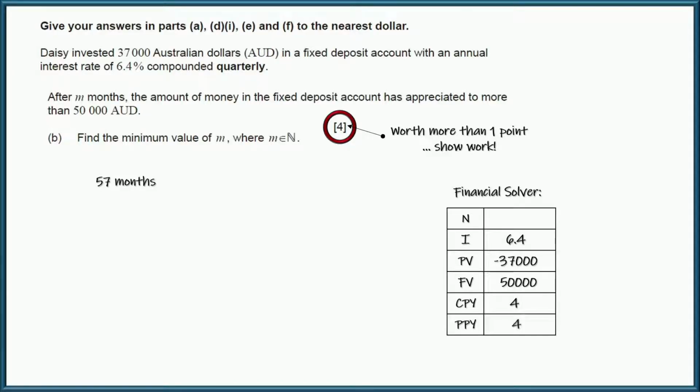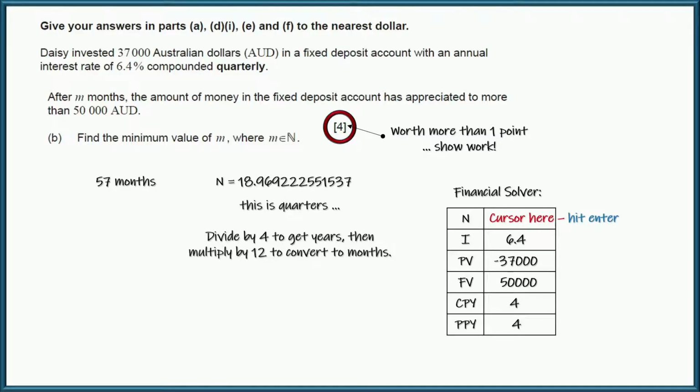So here, the thing we don't know is n. We don't know how many times it was compounded. We do know the interest rate. We know the original amount. We know how much we want it to be worth. It is strange that it has to be negative. That's kind of tricky, right? The previous value has to be negative. The future value is positive. So you plug all these things in, then you put your cursor right there in N, and you hit enter. And this is the number you're going to get,